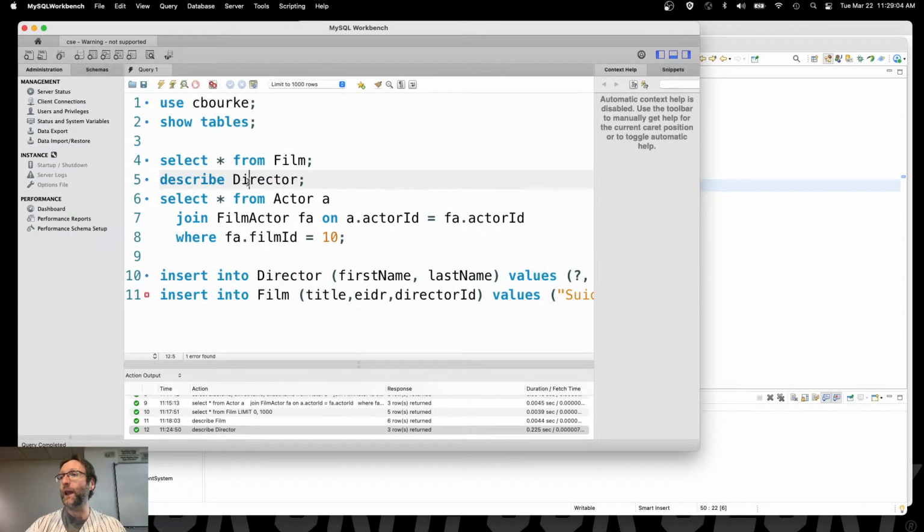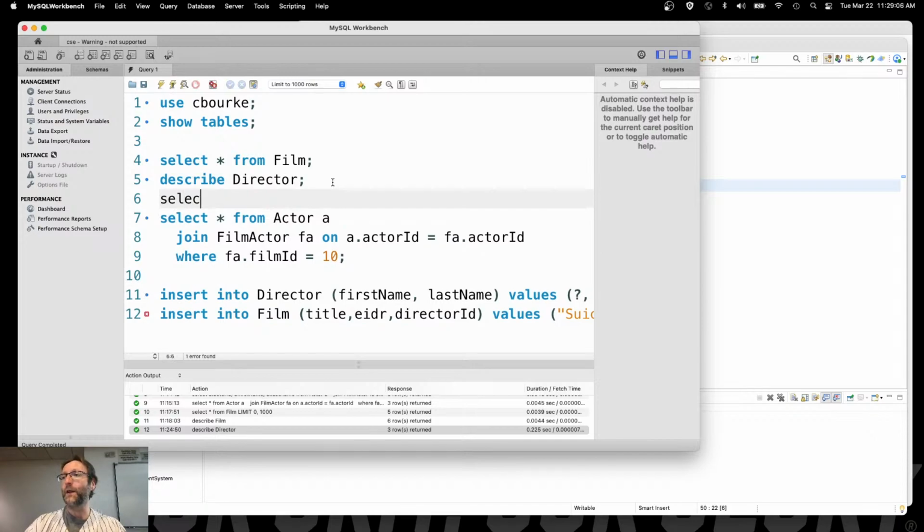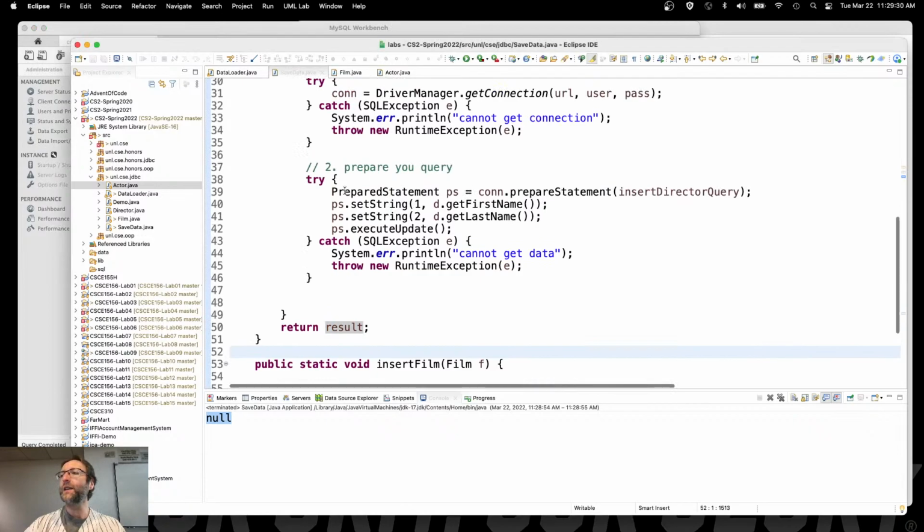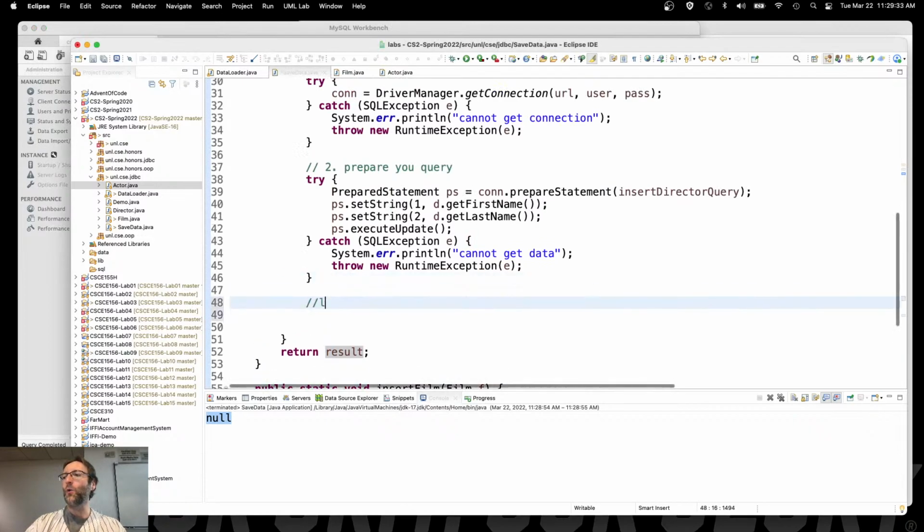But let's go ahead and take a look at every director. Select everything from director. And now we see James Gunn there with a director ID of 6. So now I can go ahead and produce a new director object, POJO, plain old Java object, with the first name of James Gunn and a director ID of 6. But if I do that, I end up hard coding 6 all the time, right? So what I need to do is now load